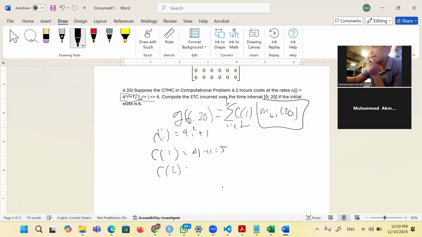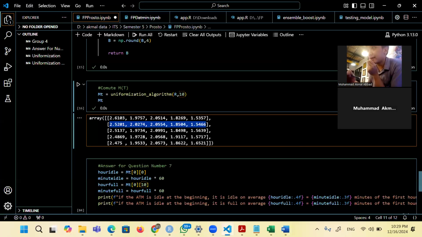C2 is 4 times 4 plus 1, which is 17, and so on, until C6 is 4 times 36 plus 1, which is 145. And then we calculate M(20) from Python.